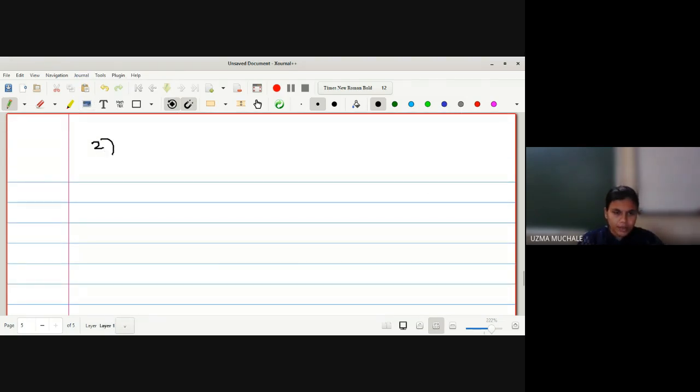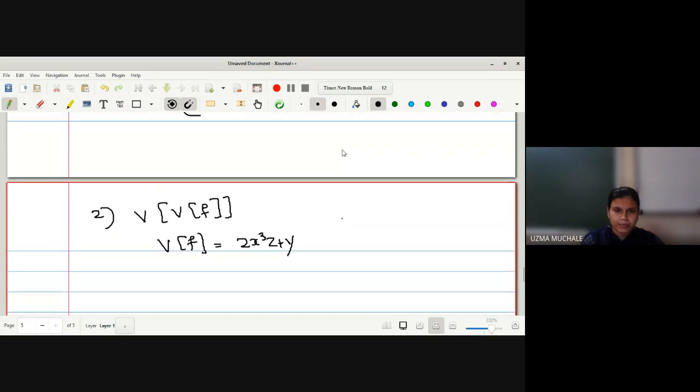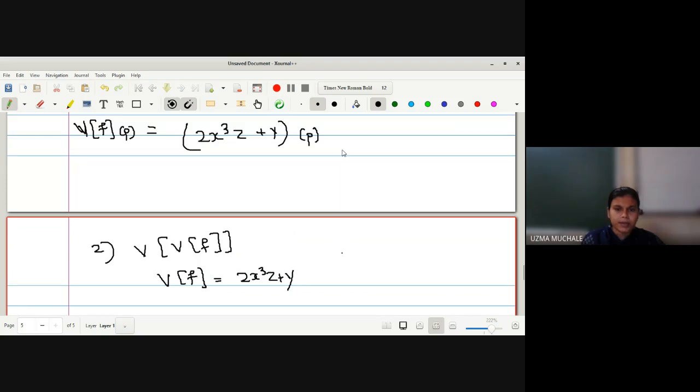Now next, what we have to evaluate is V of V f, that is, the directional derivative of the directional derivative of function f, you have to find, right? So what we found as the value of V f, first we will write down. The value you get is 2x cube z plus y. This is the value you have got, no? Just now. Yes, 2x cube z plus y. This is the value of the term you have obtained, V f. Correct? Now we will find its directional derivative. Let me assume this as some function g, which will be equal to V of g. Now it will be easy, right?